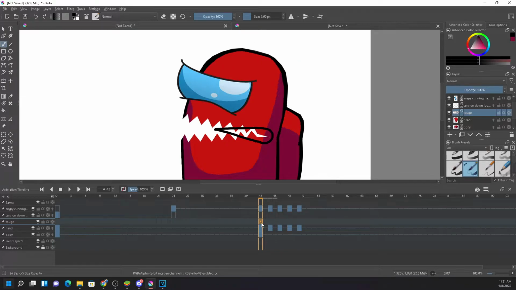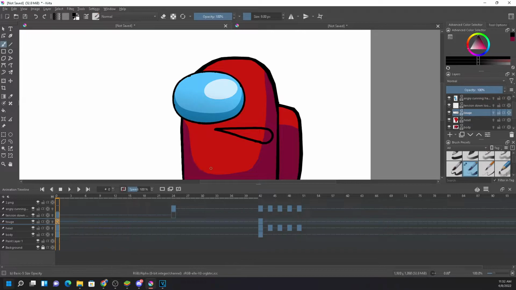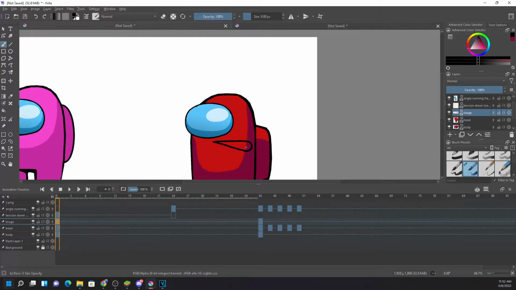Sorry, I forgot to create a new frame. So right now I'm creating a duplicate frame. You can see if I create a duplicate in the middle of the area, a frame is created on the zero frame. So it will be like this. See, it is not good. So you need to delete it. So it will appear only on the 42 frame.